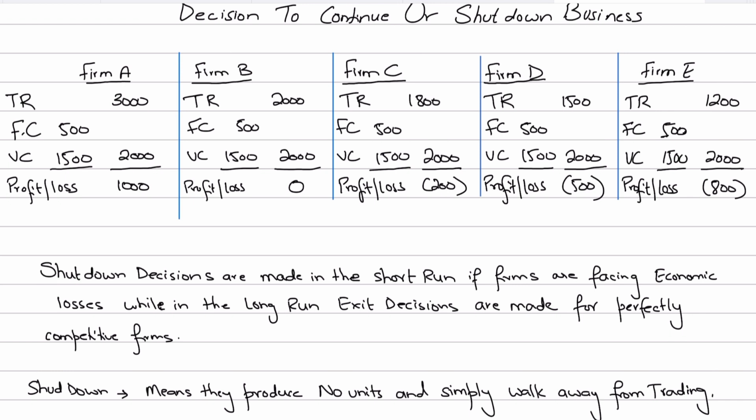So in this case, as far as firm A and B are concerned, they should continue operating in the short run. They should not close down. There's no point in closing down. Both are making economic profits. One is making supernormal, abnormal profit while the other is economically breaking even, which is zero economic profit. That is firm B, right? Also we know that abnormal profit occurs when the total revenue is more than total cost, right? So firms make abnormal profit